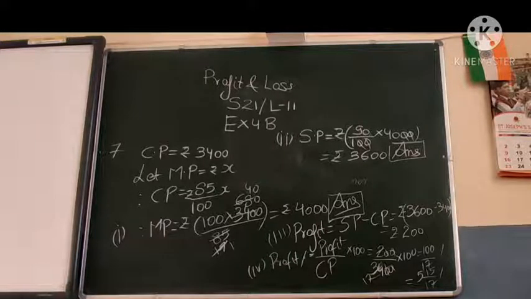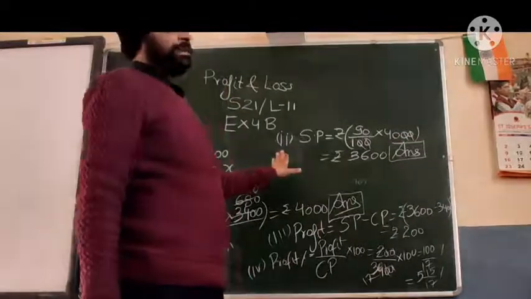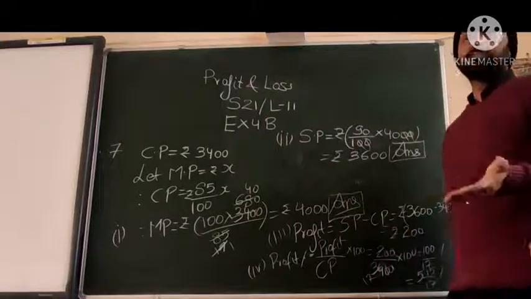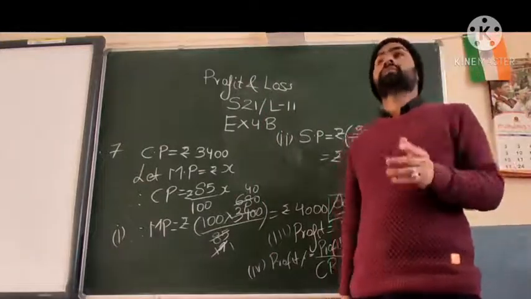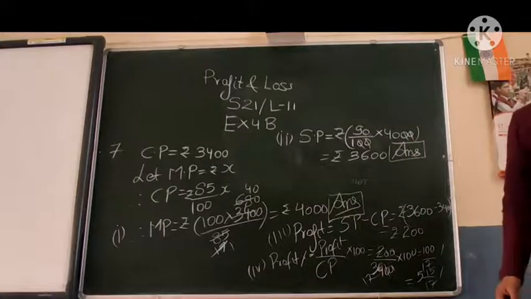Again, this chapter involves the use of percentage concept and the concept of discount, profit and loss. Still, I will call it an easy question. Why? Because here no formula you need to learn. Because you know, marked price is the price which is marked on the good, and selling price is the price at which the person is offering some discount and then selling it. Okay, so now I hope this will make the concept clear for this.